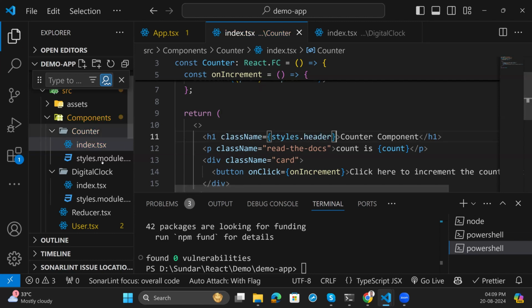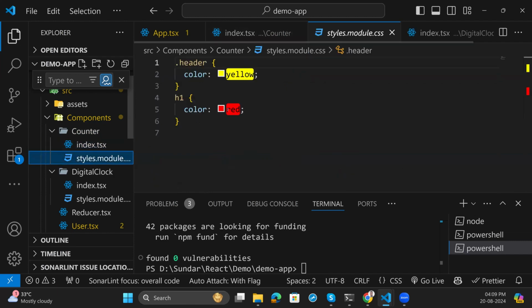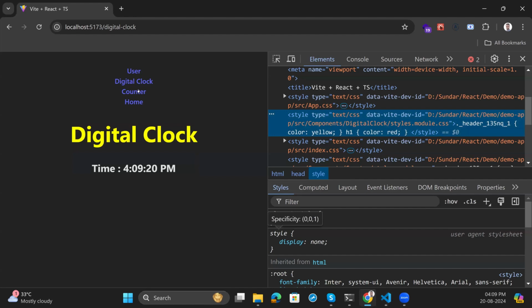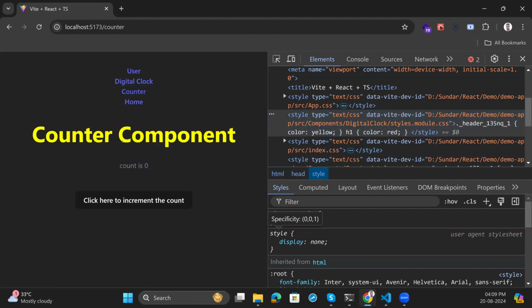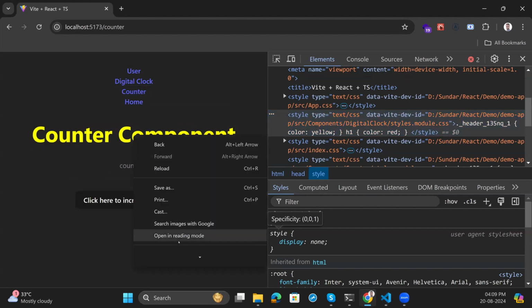I have copied the same styles CSS file. Let's see how this will look. We have the same look and feel, but if you pick the element